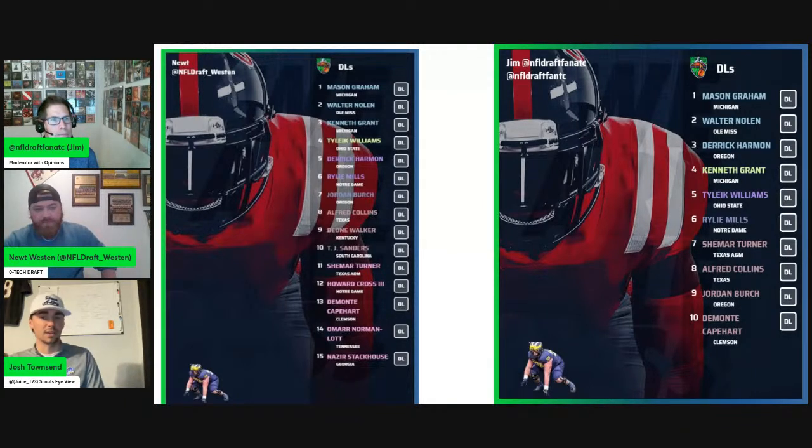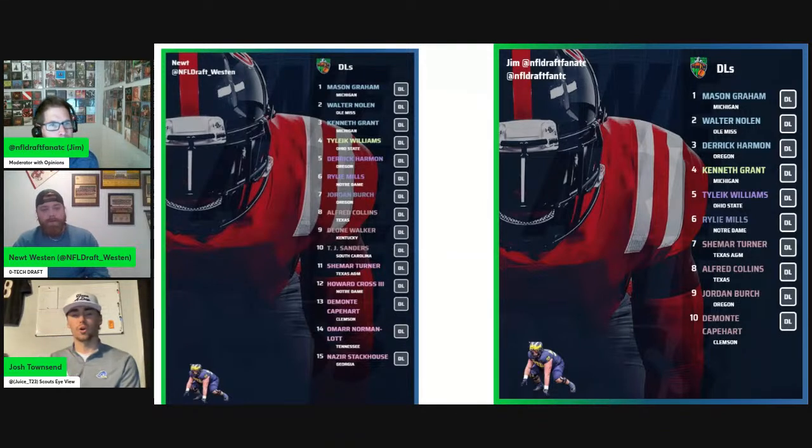But guys like Deone Walker or a guy like Shemar Turner, also playing the hybrid tweener role of playing the 3 to 5 tech, lining up on the outside rusher as well. It's more of a thing in the NFL. Like, yes, you can bring me that. How many times are you going to bring me that a game? And can I leave you in a spot instead of you wanting to bounce around back and forth?